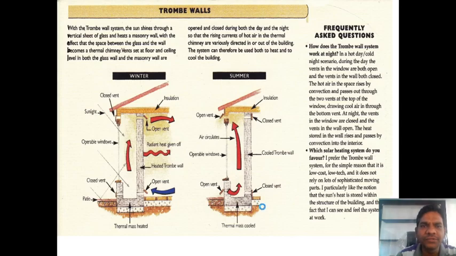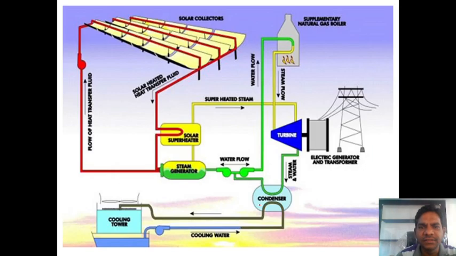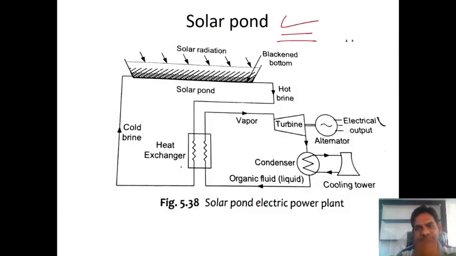Okay, so how does a solar pond work? You see, guys, here in this application. So you look at here, guys, this is the solar pond diagram. What are the components here? The solar radiation from the sun is incident on the solar pond. At the bottom position there is a black surface which absorbs too much radiation. Because of this, a very high temperature will be there.